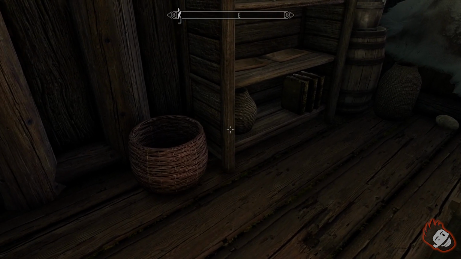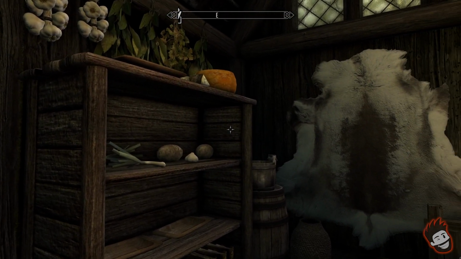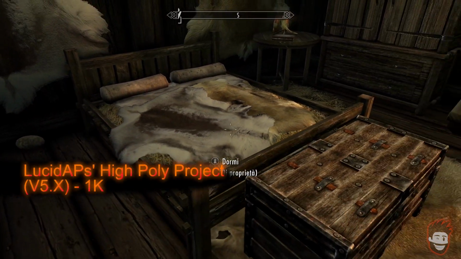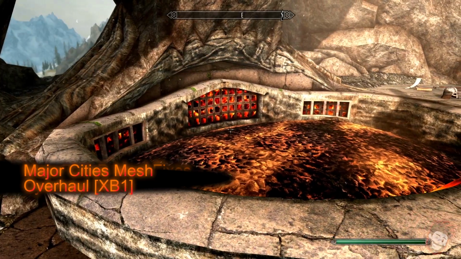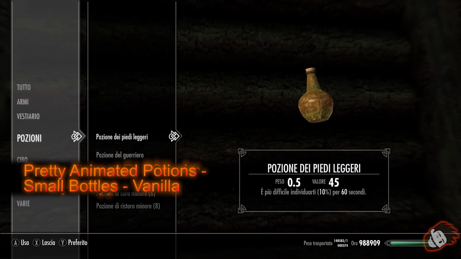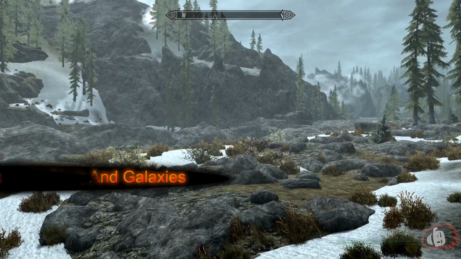And now it's time for a big list of meshes and textures related to items, buildings, nature and anything that isn't a living creature for the most part. Friendly SMIM, Mesh Fixes Collection, Lucid AP's High Poly Project Vify.x, High Poly Project Fixes by Xtudo, Major Cities Mesh Overhaul, Water in Wash Basins and Wells, better ropes for Skyrim SE by X-Ray, pretty animated potions, small bottles, vanilla, 4K stars and galaxies,